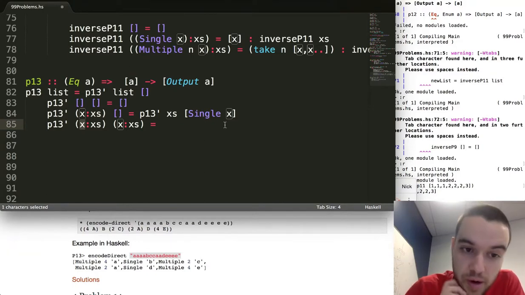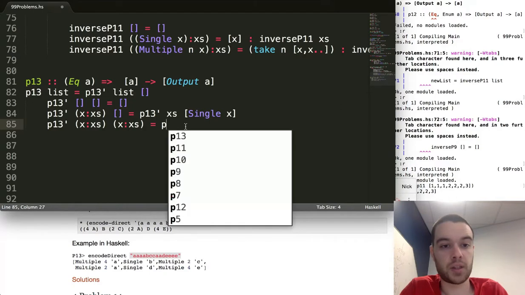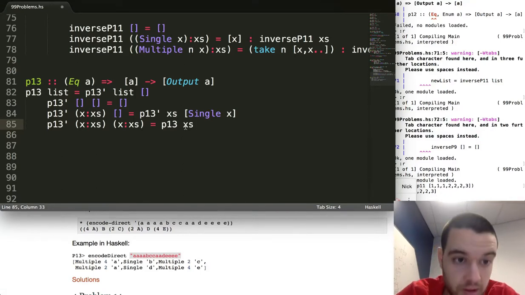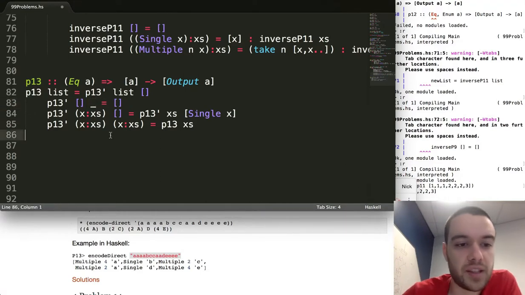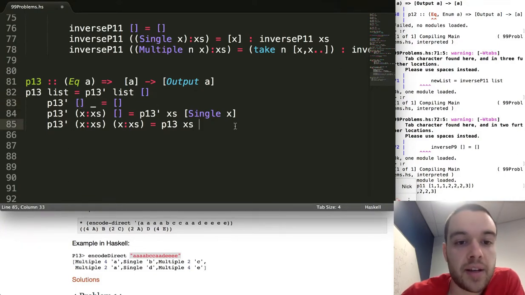So what we want is P13 x's, and also this should be a wildcard, sorry. Because there'll never be a point where they're both empty, but it's when this one's empty that we need to output that. So P13 x's equals